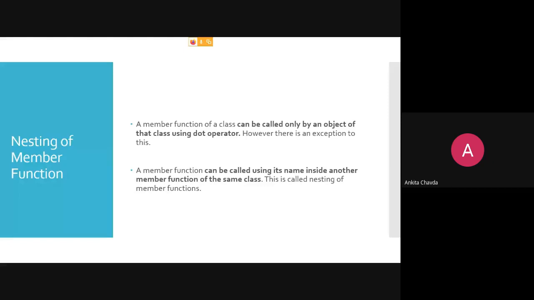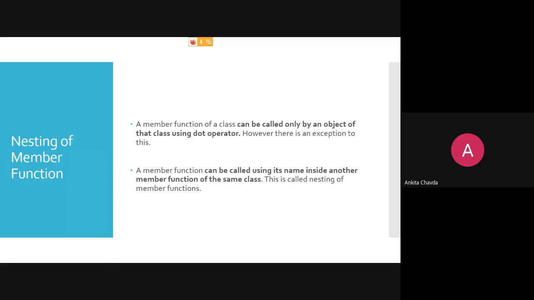Here, nesting of a member function. A member function of a class can be called only by the object of that class using the dot operator. However, there is an exception to that. We can even call the function without the dot operator, but only when we are calling that function from another function, not from int main.